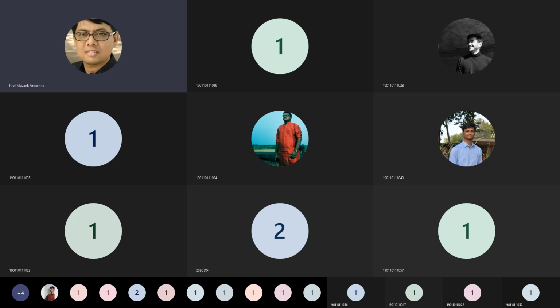And remember your mid-semester paper has some theory part, and a very few objective questions, but these objective questions are also based on you solving it and selecting the answer. It's not a theoretical question where you just select any one of the objective options. Okay? You have to solve it and select the answer.